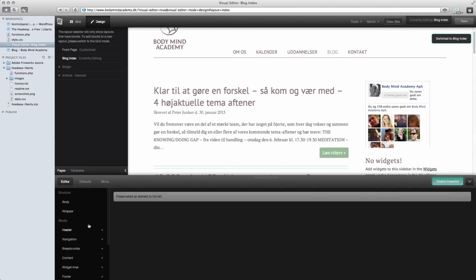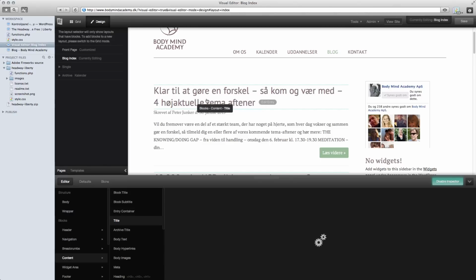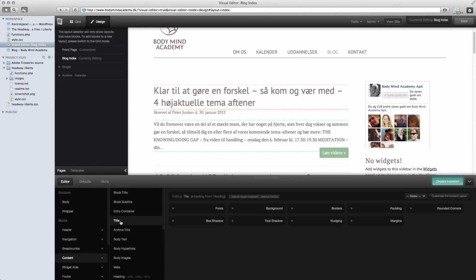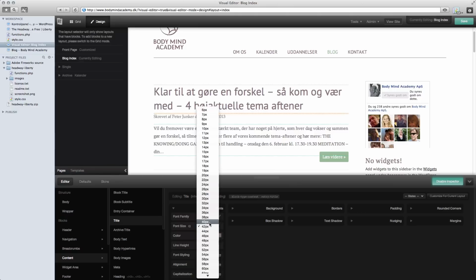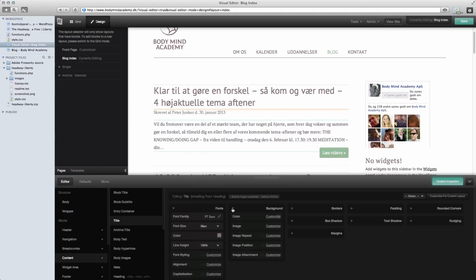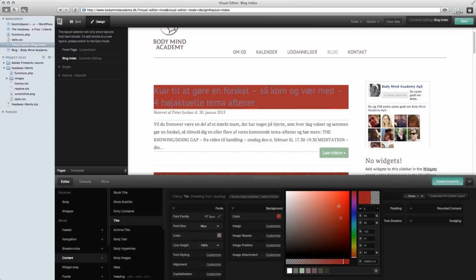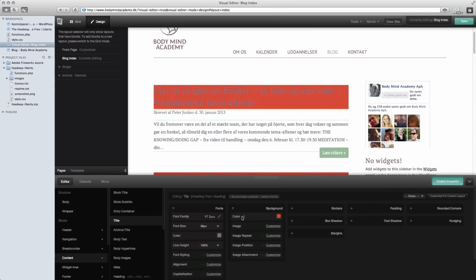You have the design editor in Headway, and that's super wonderful to work with, because you don't have to use Firebug to target elements on the page. You just click on the header, and then Headway figures out, hey, you want to style the header or the title, and then I can change the font, and I can change the font size, and so on, and even put on a background should I wish to do so. Like this would be horrible, but